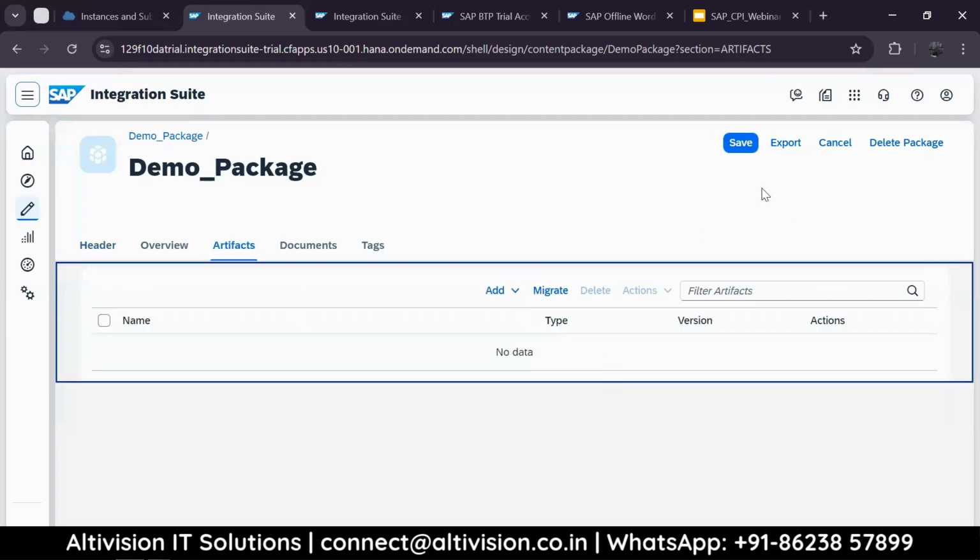Right now we are in edit mode, that is why you see the add option. When you create a new package, it is good practice to always save that package and then cancel out of it. See, here it applies to the package as well as the artifact. I am telling you this because it is a very important step to follow. If you and your peer developer are working in the same tenant and you are both working on different iFlows,